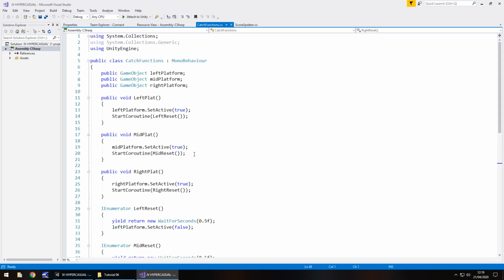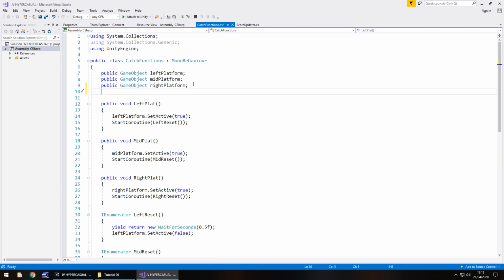So the way we're going to do this is we are going to add in something called a bool. A bool is true or false. It can only be one of those two. So essentially the way it's going to work is if we have this activated, then we can not do any more platforms. And I guess it's entirely up to you whether you want just one platform active at any one time or whether you can do all three at once. I'm going to go for one platform at a time that you can have active. Again, it's entirely up to you how you want to do it. You will just use the same mechanics to do it for each of the three.